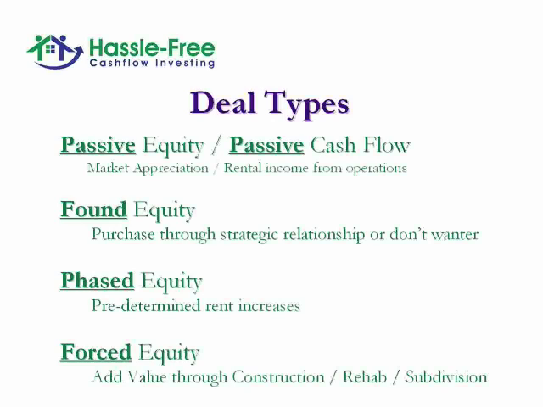Phased equity is, for example, you could buy a retail property that's leased for the next 30 years, and every 5 years the rent goes up. Every time the rent goes up, the property value goes up because the commercial property is valued on the income. And so rent increases on commercial property are a really big deal. And if you can predict what those rent increases are going to be, you can also predict what your future value is going to be. That's what we call phased equity.